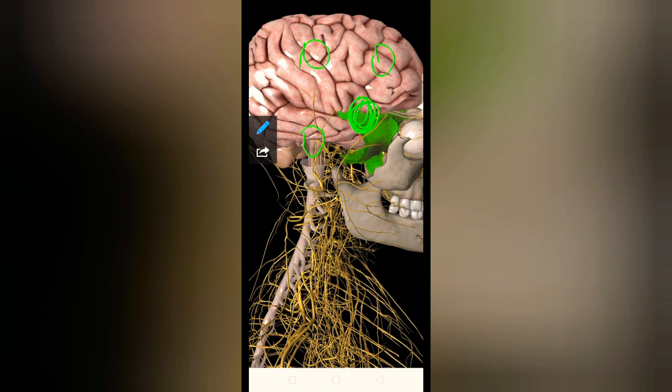From the pterion, the distance to this posterior ramus is 7 centimeter, backwards and upwards. So now we got the exact location where it is present. It is present at the medial part of the greater wing of the sphenoid bone, and 7 centimeter upwards and backwards from the pterion.